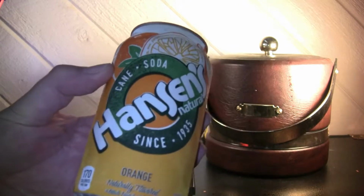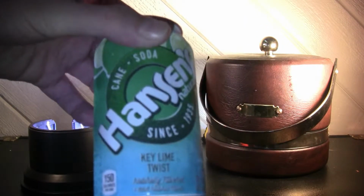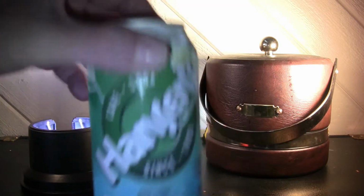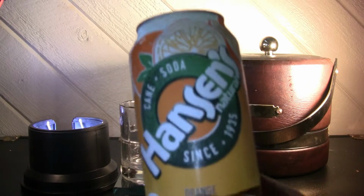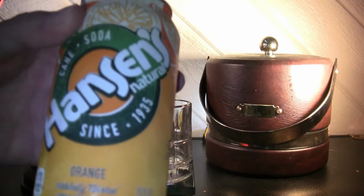And I talked a little bit about these cans in my review of Hansen's Key Lime Twist. This is my last can out of a case of 24 that I picked up shortly before starting this show. We're going to have a few more comments about this in this video, but let's move on, because today we're having a Hansen's Orange. And as before, the Hansen's can has this curious